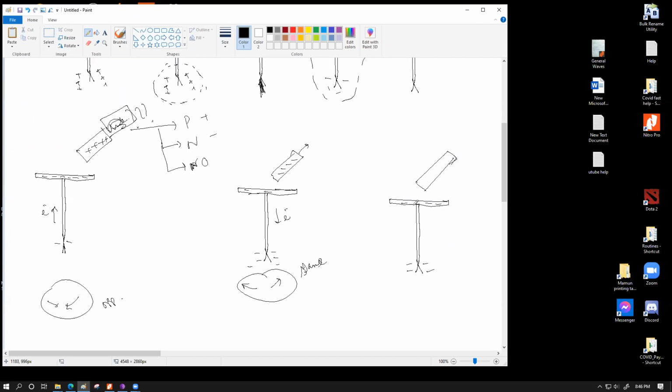Mutual induction means if this unknown object is neutral, then whenever we bring this object close, these negative charges on the plate are going to induce this thing. And because of the induction, on this side, we're going to have some positive charges and we're going to have equal negative charges over here. Do you understand this part? Yes, sir. Induction হবে। Induction হবে.